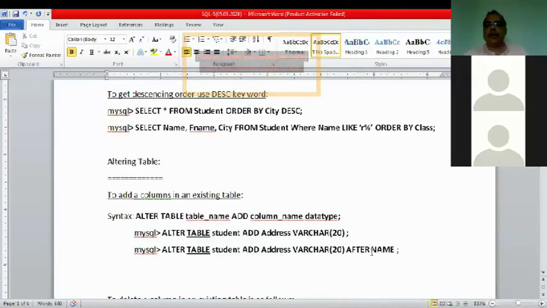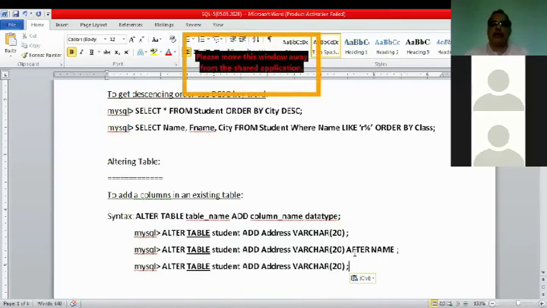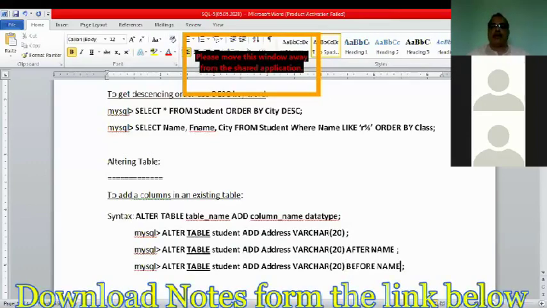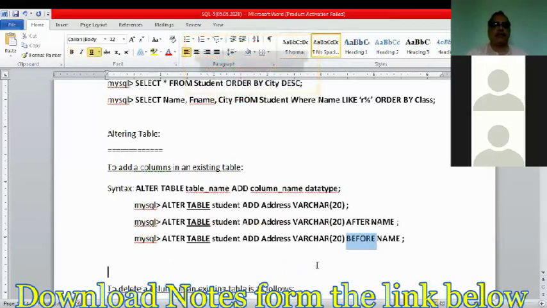So just next to the field name, a new field address will be inserted. Okay, sir. Understood. So very simple. Or before name, at the left side. The address will come on the left side of the field name.